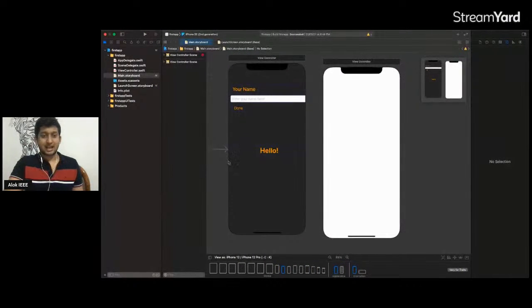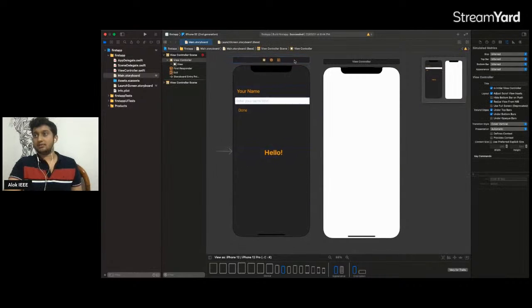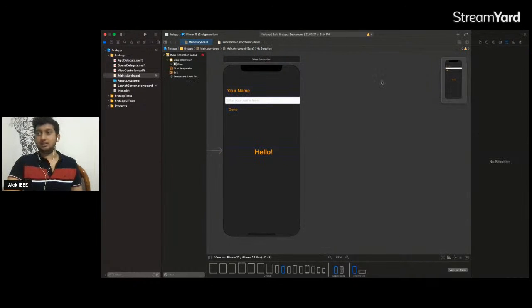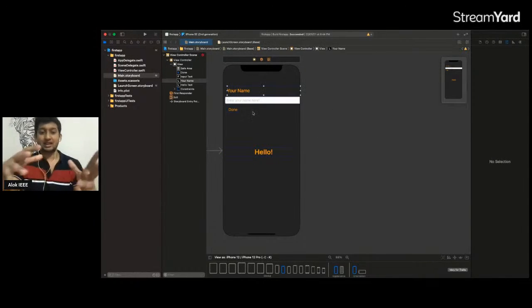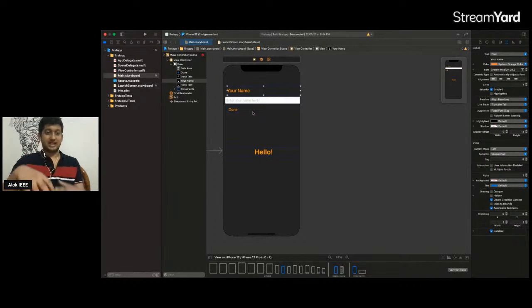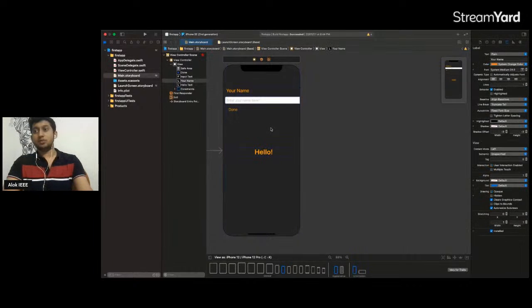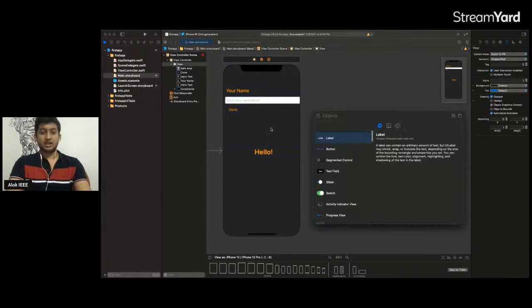So you can see this app right here, and this is what is Storyboard. So we've got some cool UI here. You can just drag and drop whatever you need in the graphical user interface. You can align it wherever you want. You can move this here, and if you want to add a button, you just go Command Shift L,